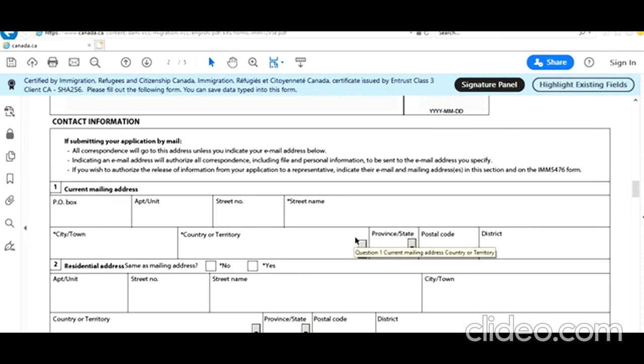Contact information, current mailing address, apartment 1, New Delhi Street. Let's say New Delhi, just sample, guys. New Delhi, India. Sample. Delhi.